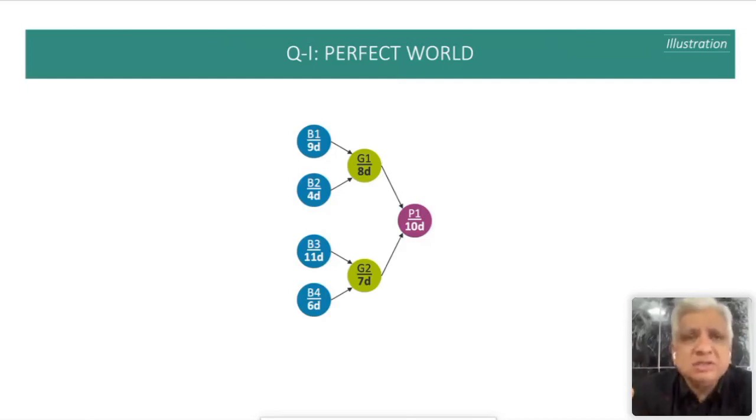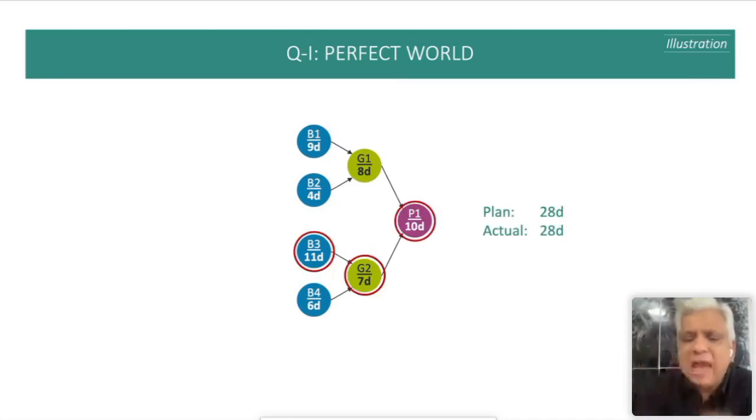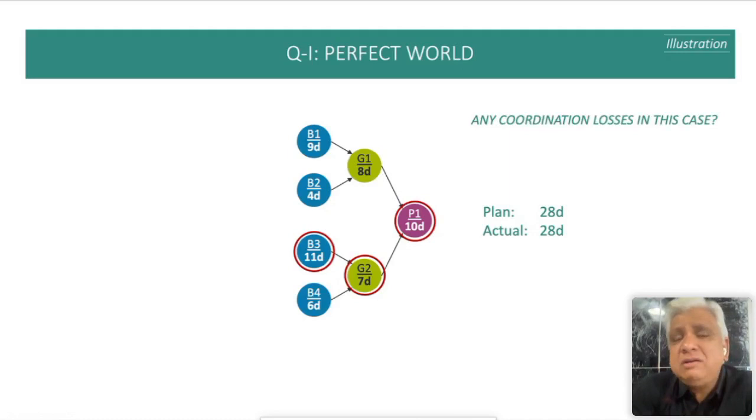You will plan the project. You will execute the project. Your plan is going to be 28 days, which is your critical path. Right? I've highlighted the critical path here, and the actual will be 28 days. So really, you don't have a coordination problem in this world. And all you need to do is create a perfect plan. Right? If you can just make sure that you don't miss out on any activities during planning, your project will